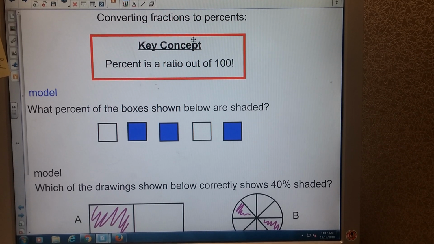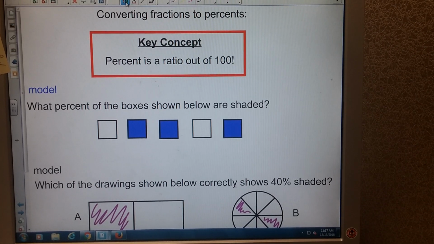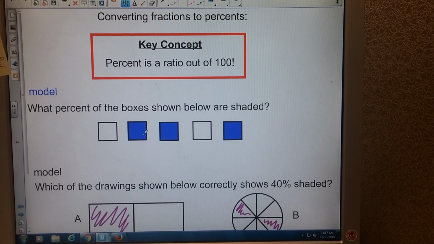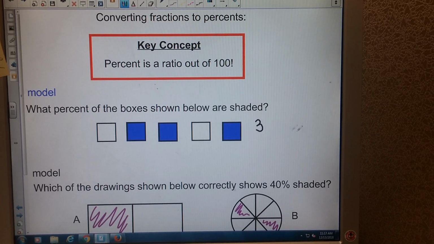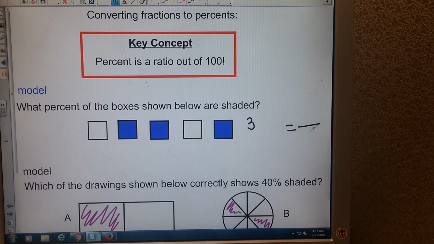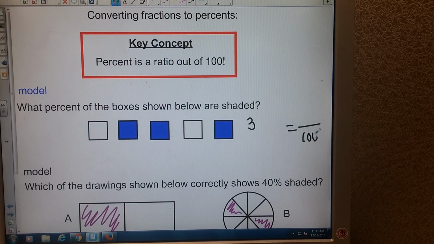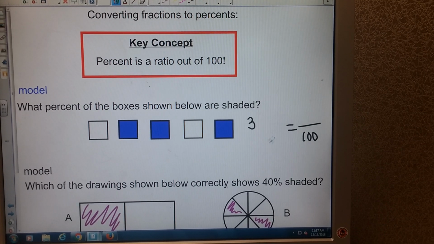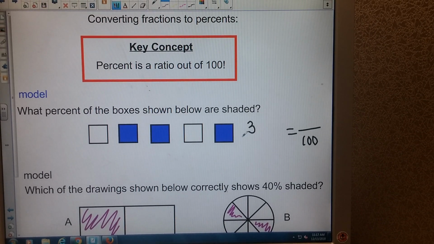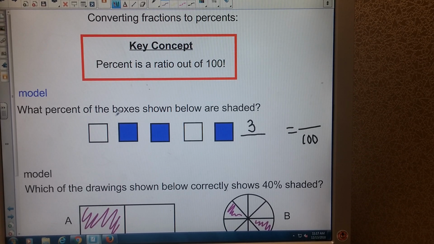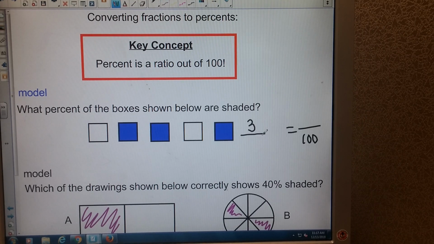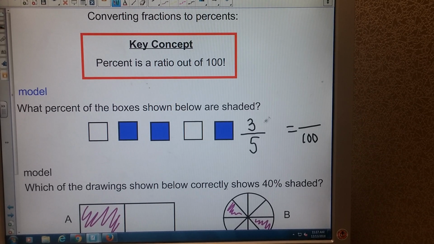Okay, the first example: what percent of the boxes below are shaded? Well, first thing I want to see is that I have 1, 2, 3 boxes that are shaded. And I know percents are a ratio where the total is always 100. So when I'm dealing with percents, my ticket is always going to be part to whole. Well, I know I have 3 parts that are shaded, and it looks like I have 1, 2, 3, 4, 5 total boxes. So I have to take the fraction 3/5 and make it out of